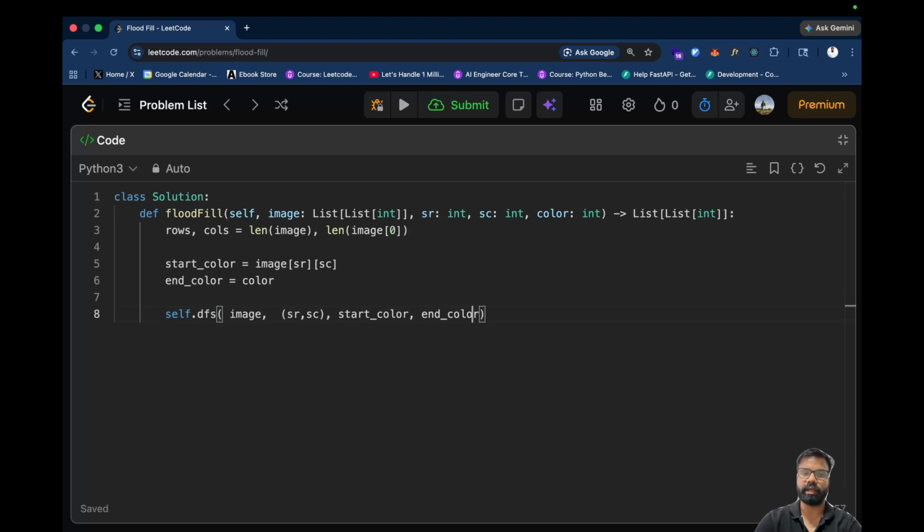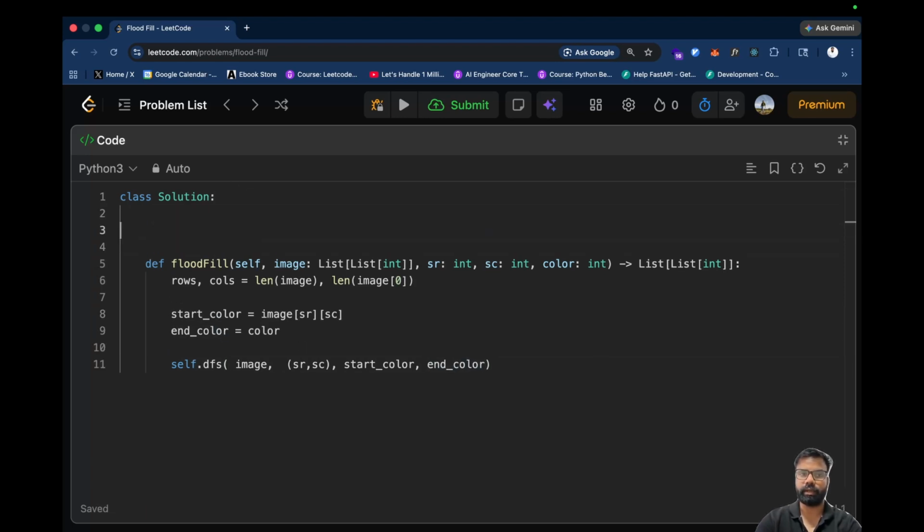The start color is going to help us determine which is the color that we want to update from. We will only update the grid cell if the value is equal to start color. So let's define our DFS method. This will have the image, the node, the start color, the end color, and